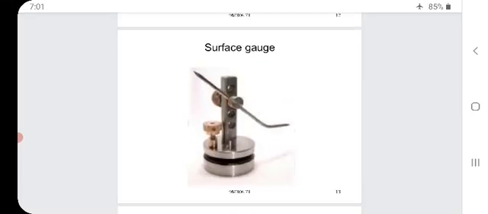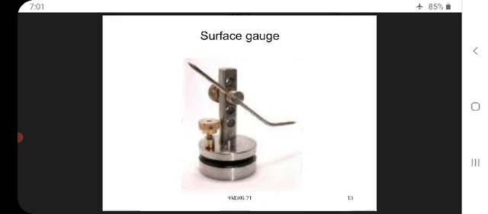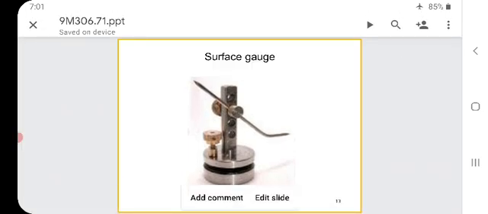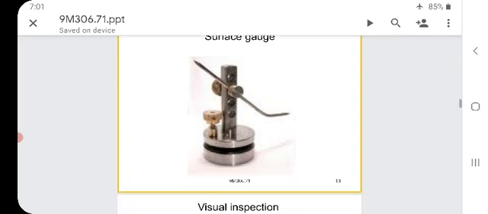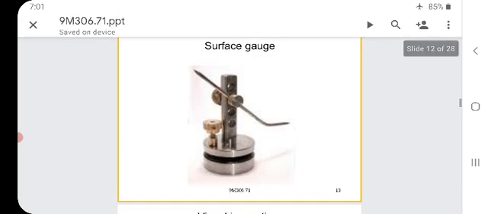See, this is the figure of a surface gauge. You can see the scriber. For that you are seeing the adjusting screw, the bottom, the base. For that one screw is fixed. So this is used to measure the heights or to transfer the distance. So this is made of high speed steel.